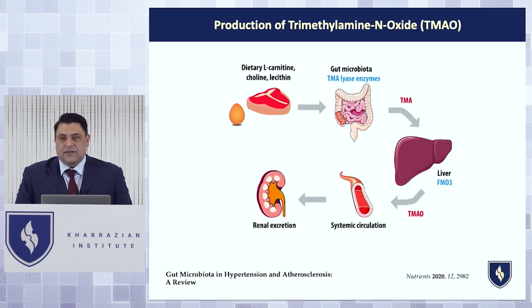And for some populations, when they eat these foods, like really high in choline, like eggs and red meat, their bacteria may be the deciding factor whether it actually causes destruction of their arteries or not. For some people, their TMAO levels go up, and for some people they don't. So this is the first big aha moment of the gut microbiome and how it really has a role in